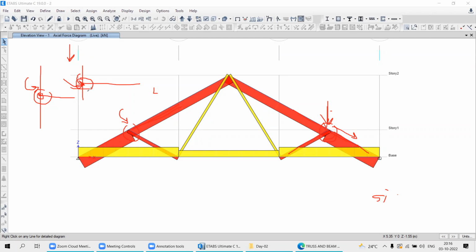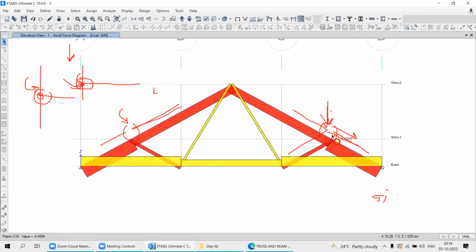Okay, but that assumption we have not applied to our model, our structure. So that is the problem only, nothing else. Everything is correct. That's why our result is not matching. So now we have to make all these joints as pinned connection or hinge connection, or in simple words, we have to make this joint free from carrying the movement. We have to release the movement from both of the ends. So उसके लिए क्या करना पड़ेगा,